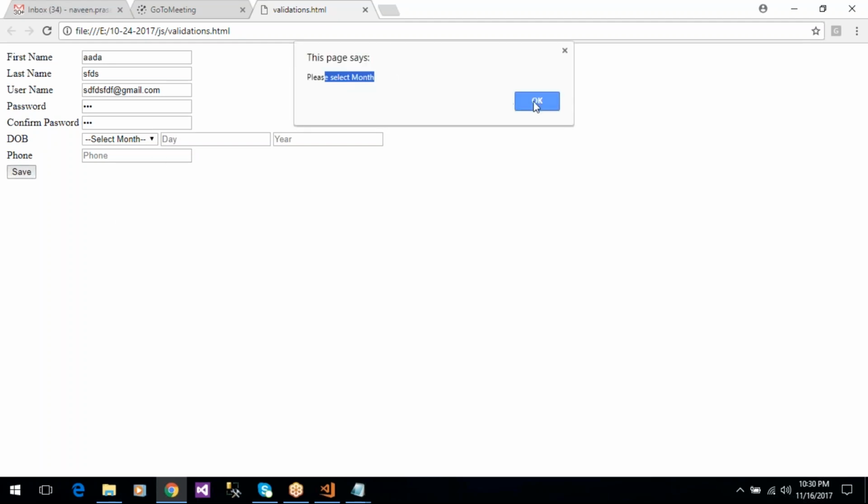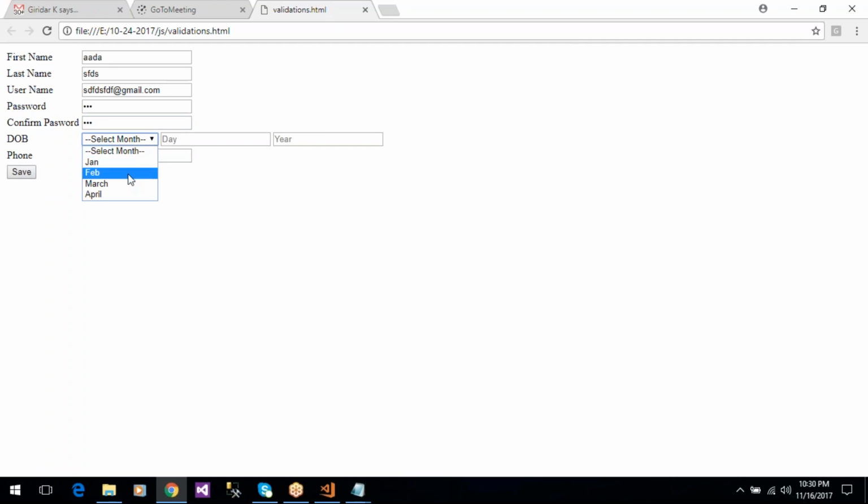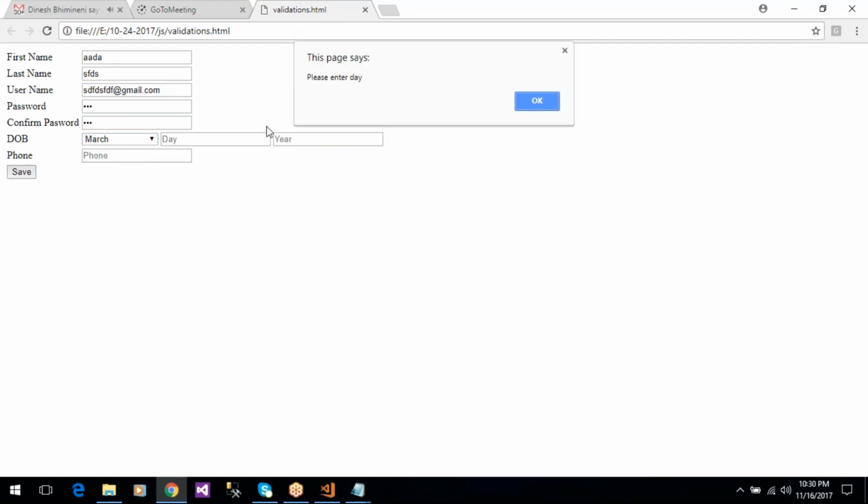Please select month. Next click on save button. Please enter day. Okay, save. Then enter year. Next click on save button. For save button, phone number it is not working because